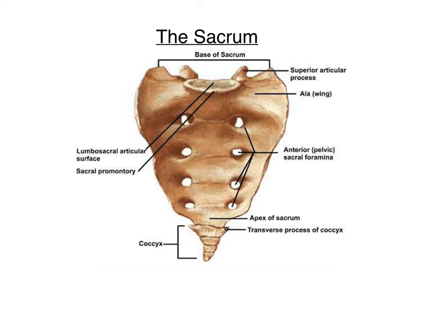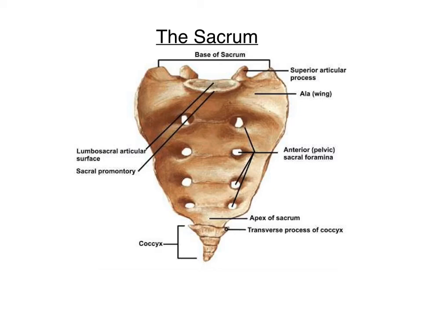Next, the sacrum. We have one sacrum. We had two innominate bones. We have one sacrum and one coccyx. We dealt with two innominate bones, which have three parts: the ilium, the ischium and the pubic bone. Now the sacrum. The sacrum is a wedge-shaped bone which consists of five fused vertebrae. The upper border of the first sacral vertebra juts forward, and it is known as the sacral promontory.